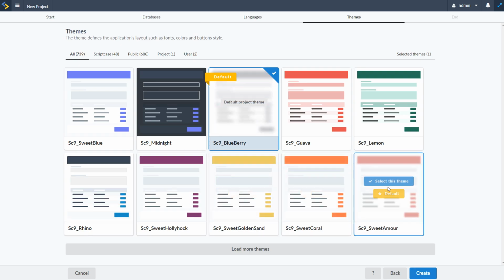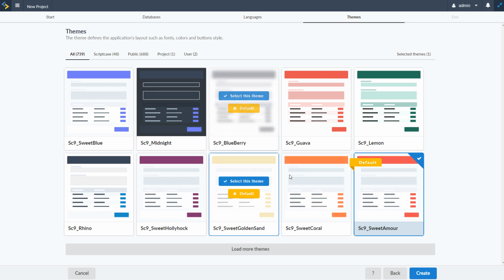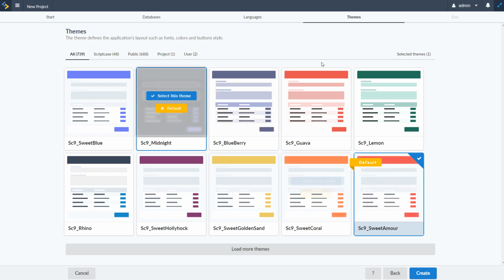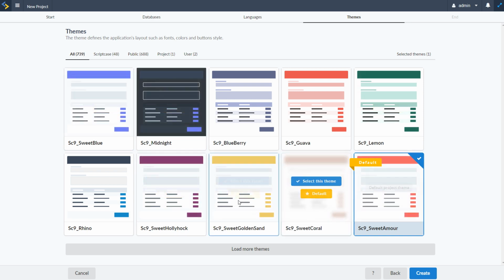And I'm feeling pretty red today, so I'm going to go here with the Sweet and More and choose that also here as my default theme. I don't want the blueberry no more. I hate to waste space, so I will remove it entirely and just leave here as default the Sweet and More. Now there are many other templates here, and as you see, different color schemes, and the majority of these